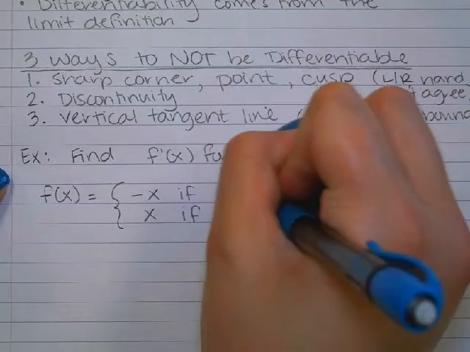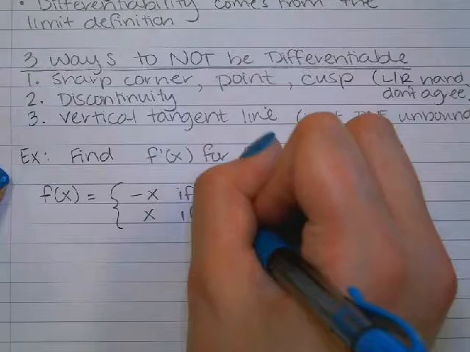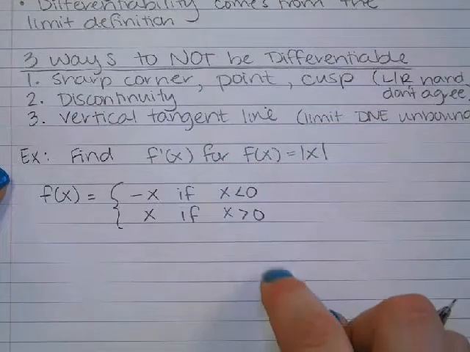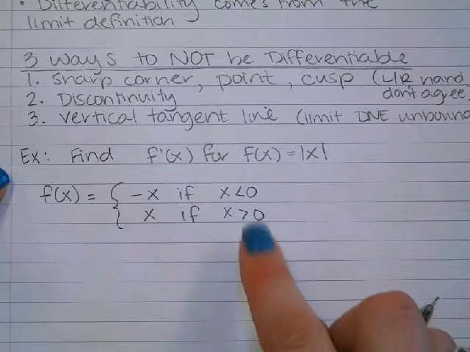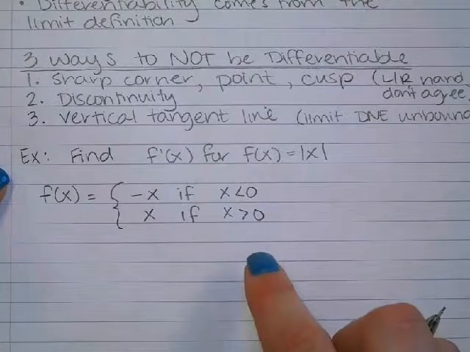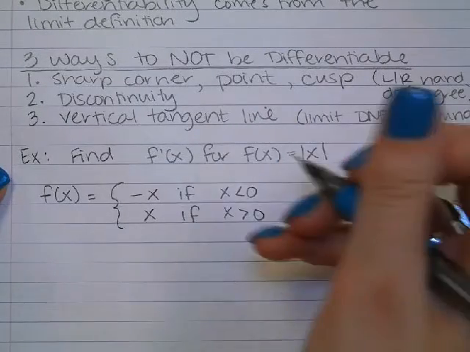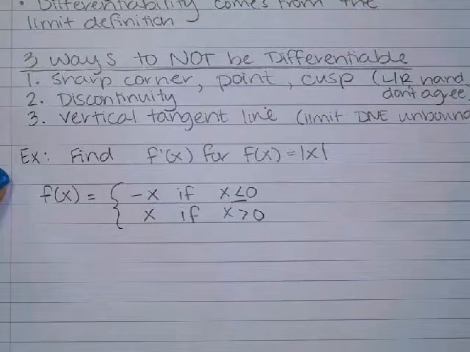If x is less than 0, positive x if x is greater than 0. Can you equal 0? Yeah, you can. One of these can equal 0 because we don't have a hole at the vertex, right? They actually connect. It doesn't matter. Either one of them would work. So if we go through and we find the derivative of this,